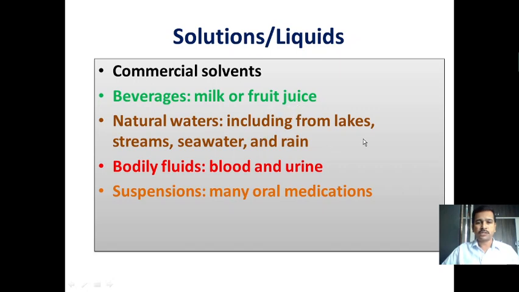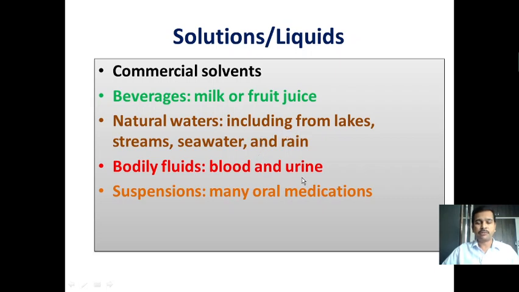Even the water samples from lakes, streams, seawater, and rainwater, all these are known as natural waters. The pollution level of the water makes the analysis of water samples a very essential step. Therefore, we have to understand the extent of pollutants present in the water. Then we can decide after analysis whether the water is suitable for potable, agricultural, or industrial purposes. So we will decide by the analysis of water.